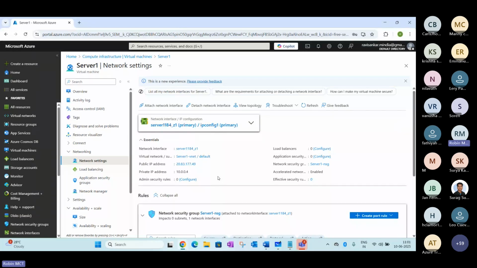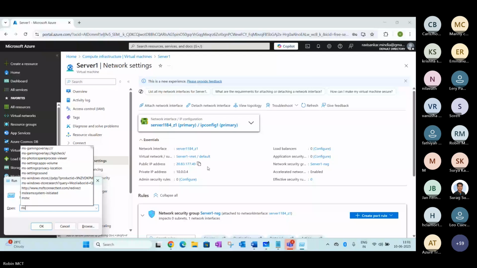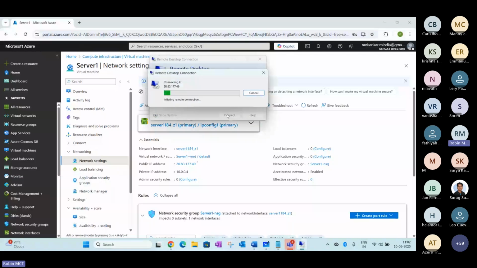I'm just connecting to the server here. I'm just trying to connect to the server.